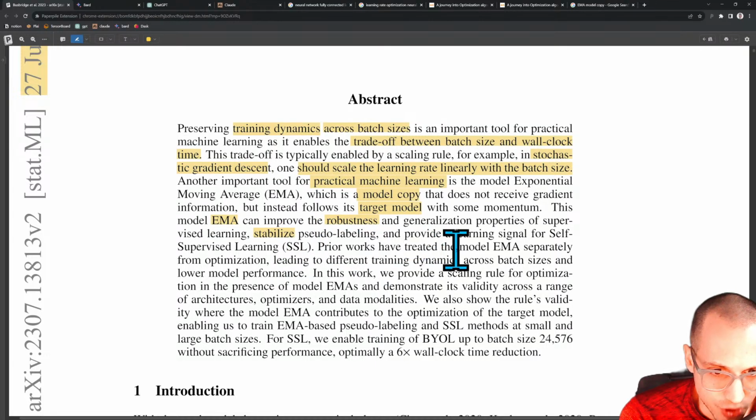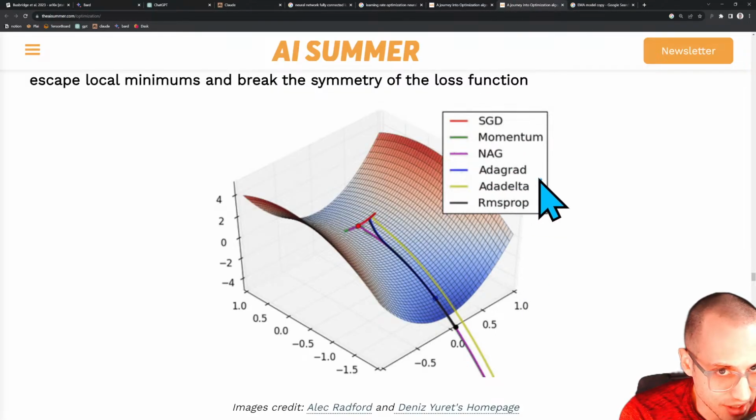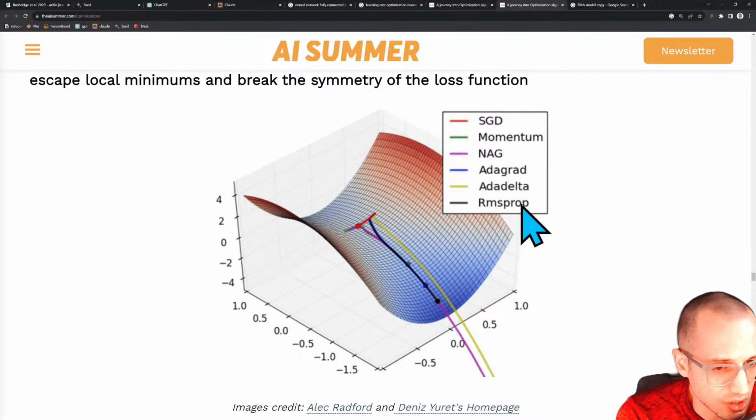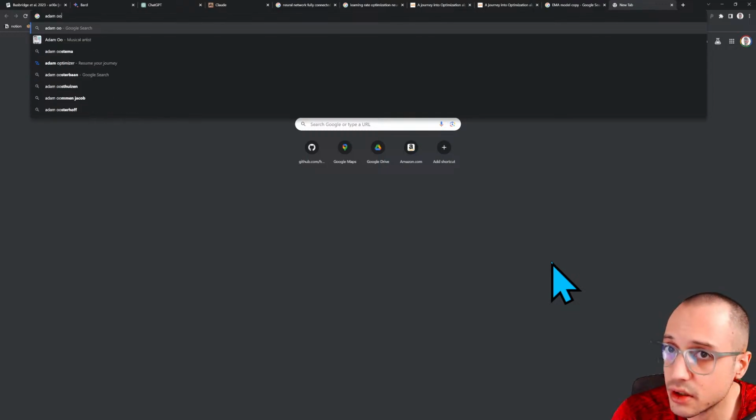Okay, prior works have treated the model EMA separately from optimization, leading to different training dynamics across batch sizes and lower model performance. Okay, so EMA being treated slightly different than optimization. What do they mean by optimization? Optimization generally refers to, for example, these are called the optimizers, right? And all of these optimizers here, usually they're not just a single algorithm. Usually these have little hyperparameters within them, right? So for example, the Adam optimizer